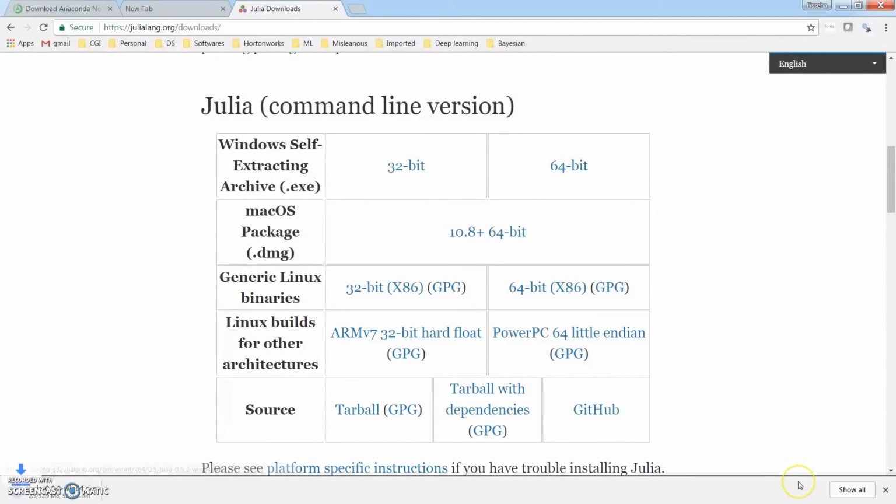Download it, and it seems it will take less than a minute. So I will wait until it completes the download. Okay, so it seems it will take some time. I will get back when the download is complete.